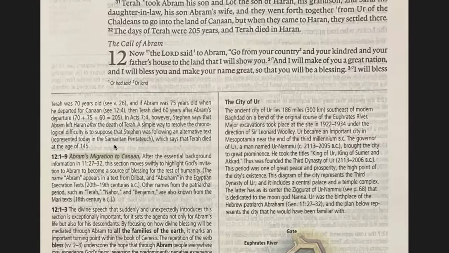Okay. And there you get Terah dying at the age of 145, not at age 205. So that's what he could be referring to. And in that version, maybe that's where he's getting that God came to Abraham while they were still in Mesopotamia. Okay, so that concludes our study notes for chapter 9 to chapter 11.